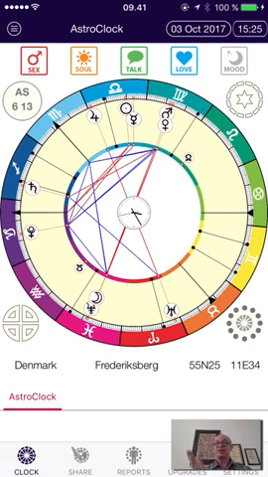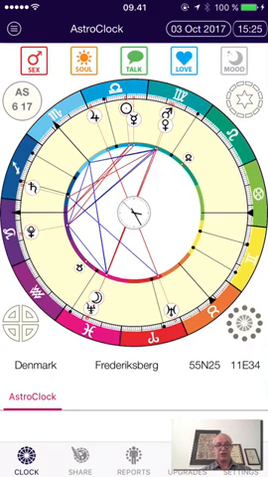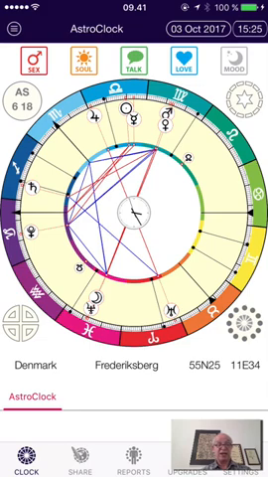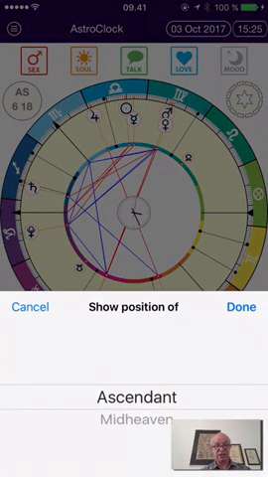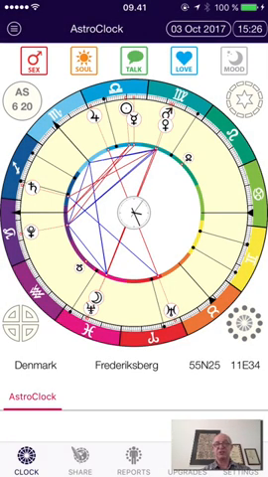So this is the AstroClock. It changes minute by minute, so you'll actually see where the ascendant is, this little circle which I'm tapping on now at the top left of the wheel. That actually changes minute by minute. You can either show the ascendant or the midheaven as changing. So that's the clock, and if you like horary astrology, then it's great to just see where you are and what's going on. When you've done that,